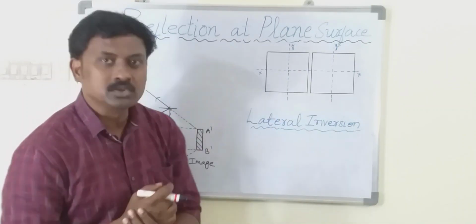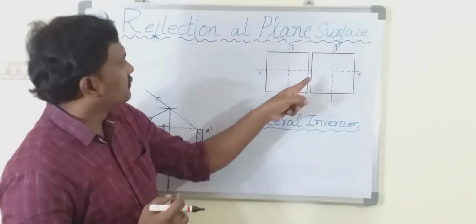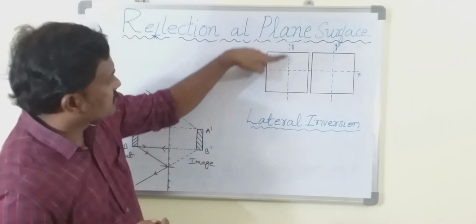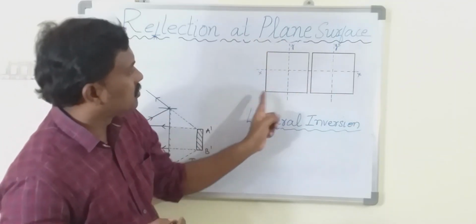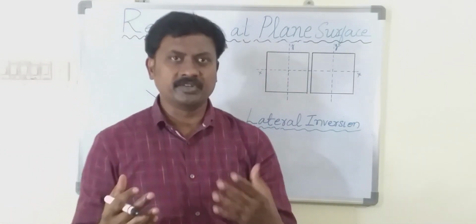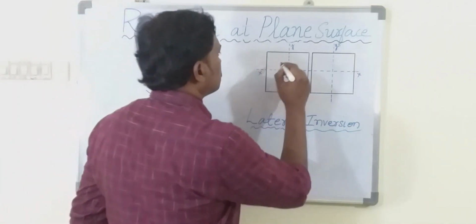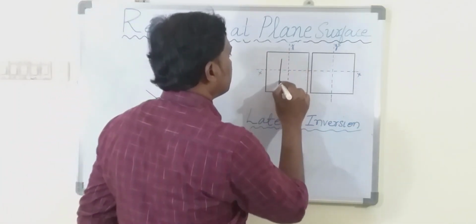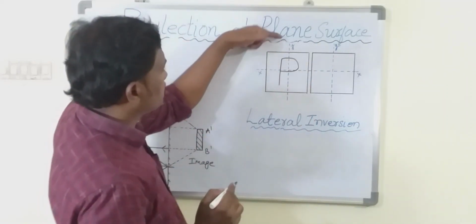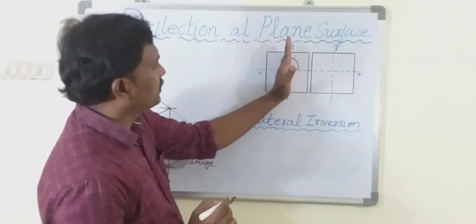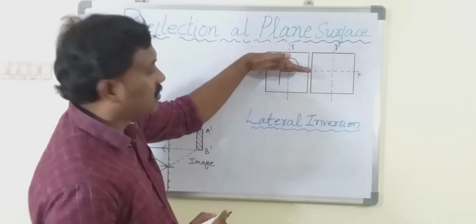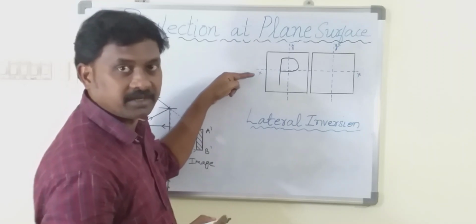I have already drawn 2 square boxes, and I have divided them by 2 lines, children. So let me say this is a vertical axis and this is a horizontal axis. For the 2 boxes I have done the same thing. Now I have to write any letter. So let me take letter P, which will help us in understanding very easily. So I'm drawing one. I have taken one letter P, and I'm drawing it like this. So this vertical axis divides the P into equal parts. So that is a line of symmetry, we can say vertical line of symmetry, and we also have a horizontal line of symmetry. That is this x-axis, you can take it, right?